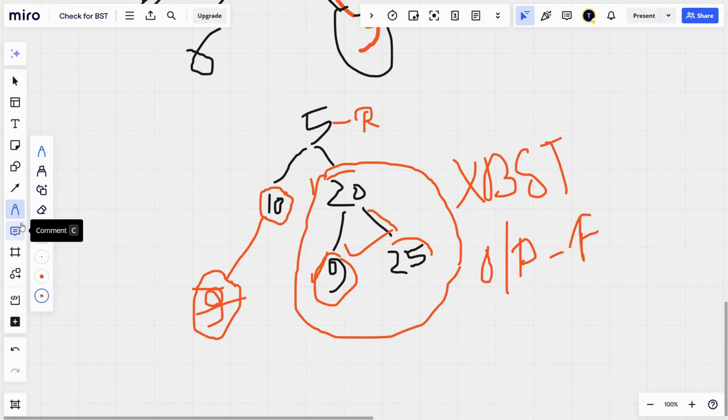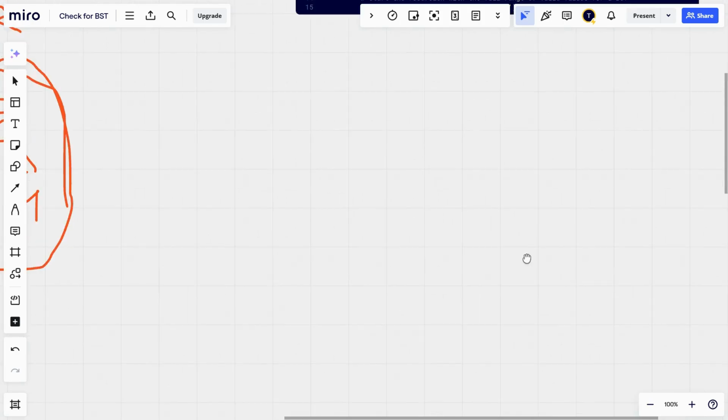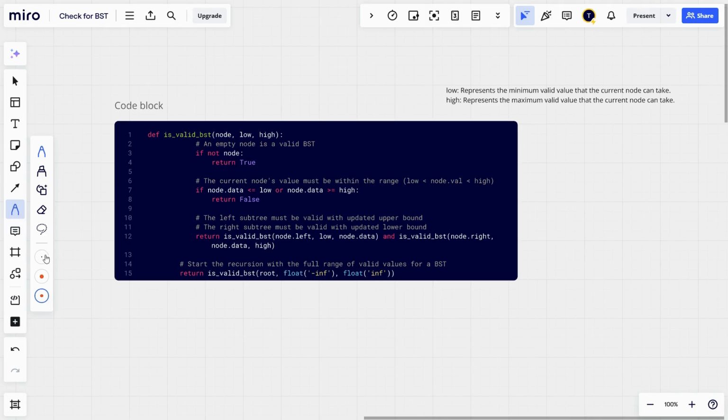Okay, now go to code. Now code, we simply create a function to check valid BST or not.